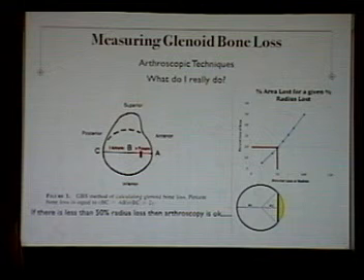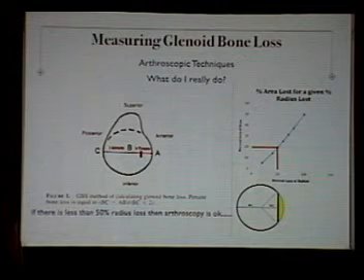The important thing to remember arthroscopically, and this is what I really do in the operating room, I don't worry about doing all of the math and doing calculus and trigonometry. What I do is I measure that distance from the posterior edge of the glenoid to the bare area. And again, I'm going to use the number 14 millimeters. If I measure 7 millimeters or more anteriorly, I know that I have at least 50% anteriorly, which is okay,